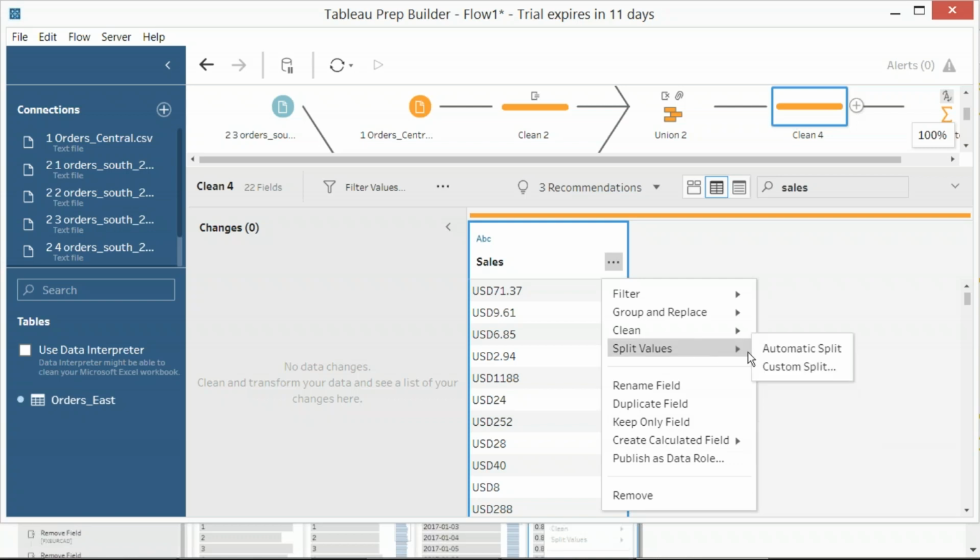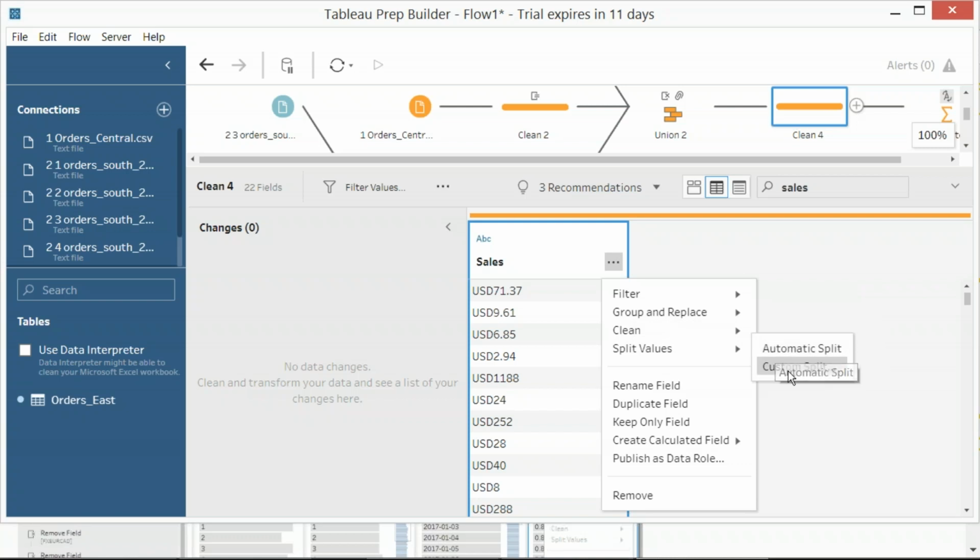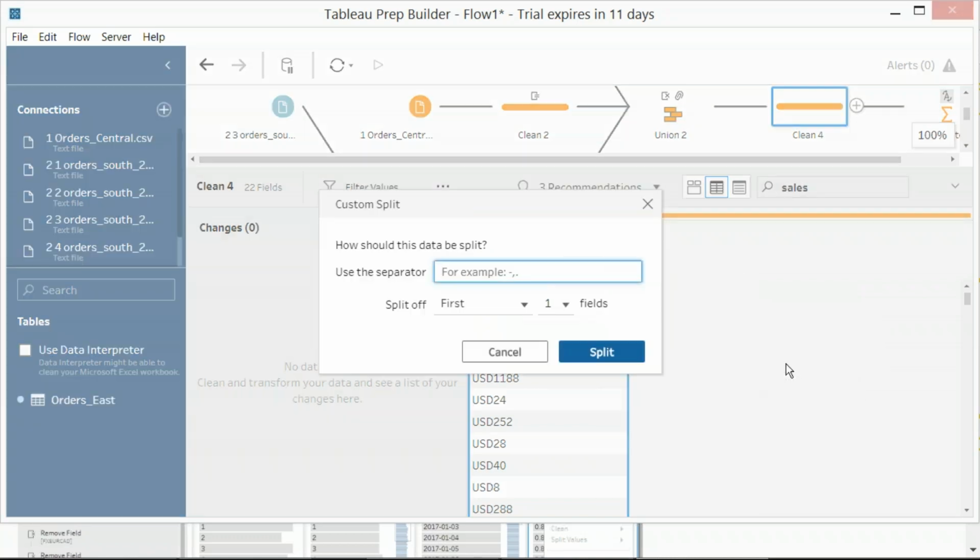Okay, for now I'll split this, or we can also filter. Anything is fine, it's up to you. For now I'll split, say custom split, and here it is. Use split of first, say 3 fields or 2 fields, anything is up to you.